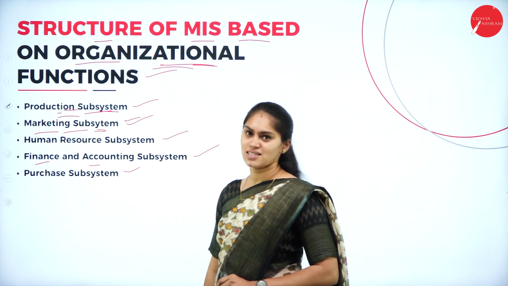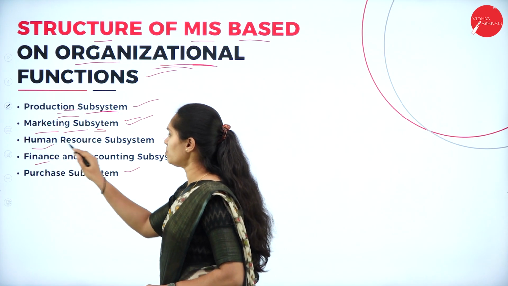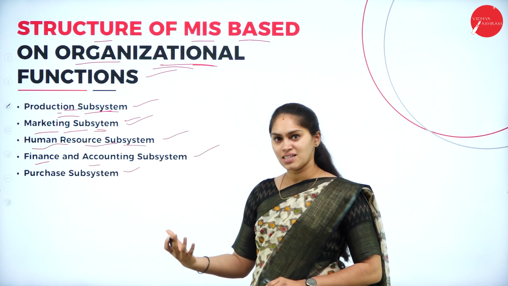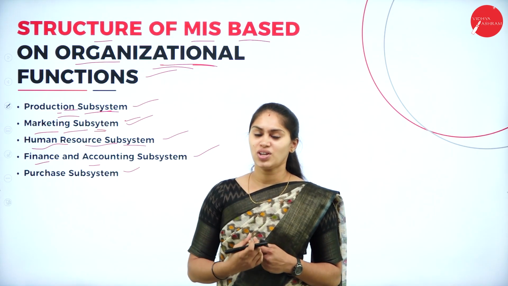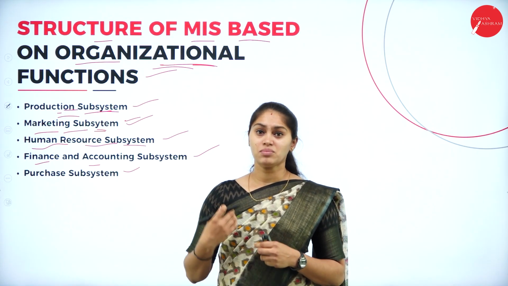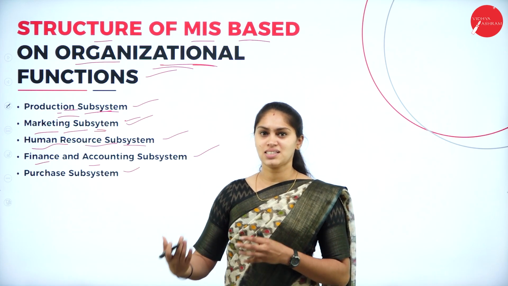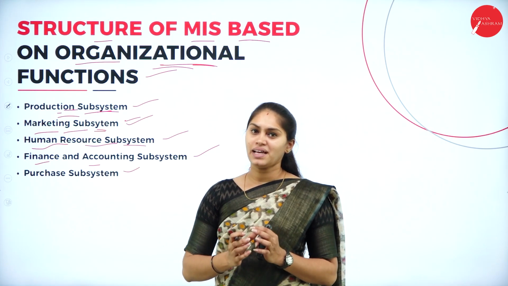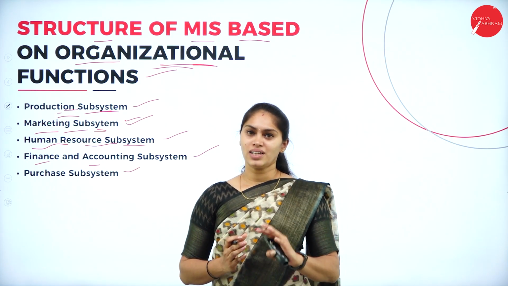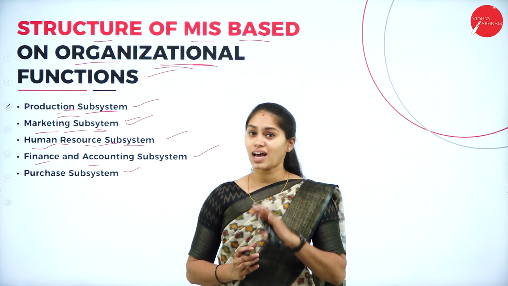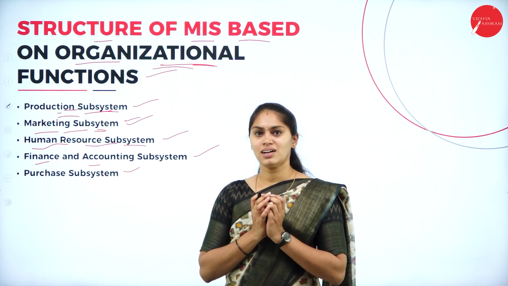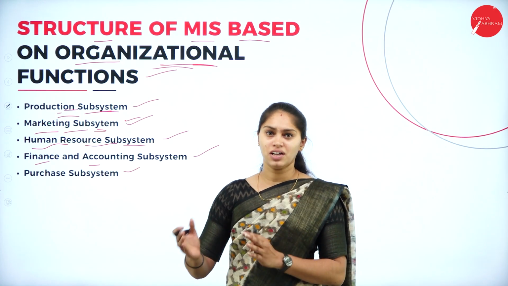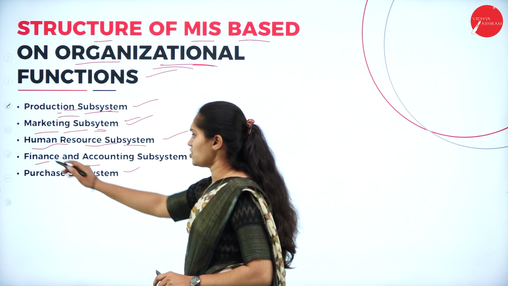That all comes under this marketing subsystem. And we have the human resource subsystem. As I told, it is mainly related to the personnel. That means what specialists we have, how we can train them, what activities can take place, what the best thing is in each employee, and what other potential activities can be done by another employee. So we have to consider the employee as a resource of an organization, so it is called the human resource subsystem.